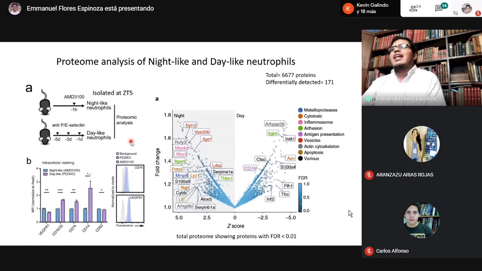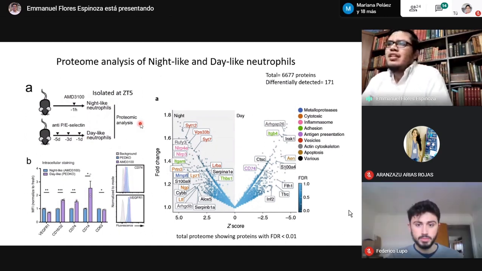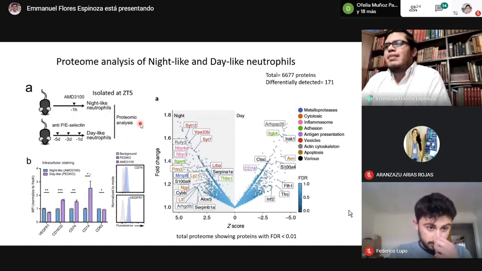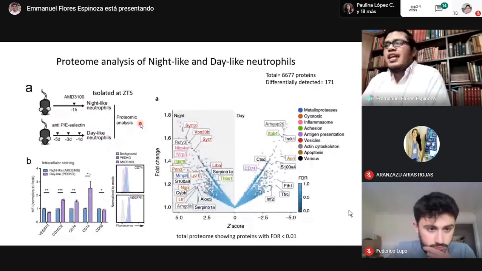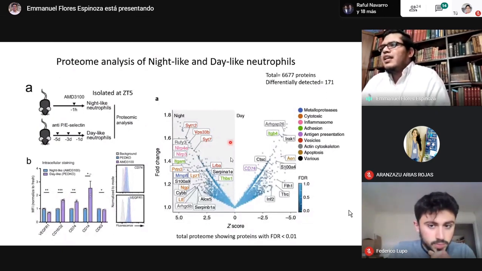Then they obtained circulating neutrophils from these mice and analyzed the proteome of these cells by tandem mass spectrometry, and in panel A we can see